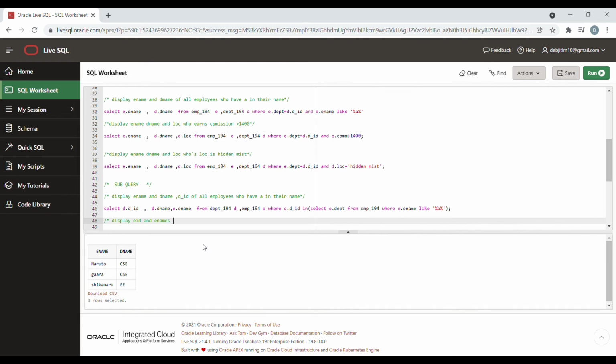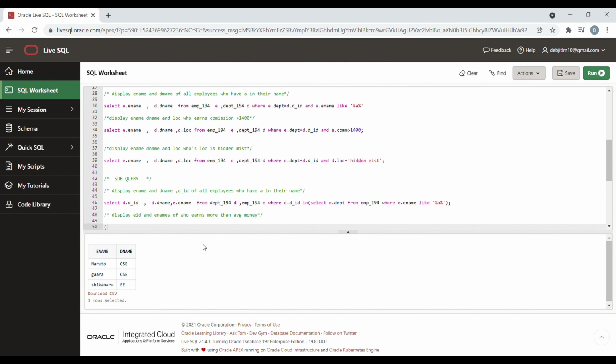And for the next similar type of question, I will write: display the DID and E name who earns more than the average salary of all the employees. I am showing this question to show you what uses subqueries have. We can use a subquery not only instead of joining, it has other uses. Here we do not need any joining, because there is only one table we are working with, the employees table. So we only do it here with the subquery.